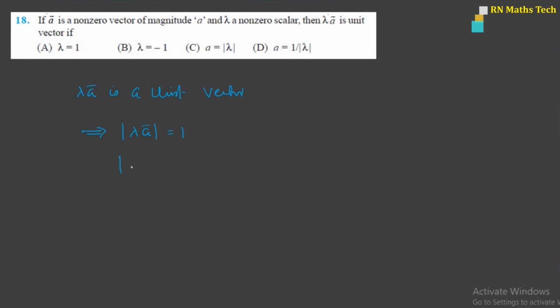That is modulus of lambda into modulus of A bar is equal to 1. Given that A bar is a non-zero vector of magnitude small letter a, so small letter a is equal to 1 by modulus of lambda. Okay,